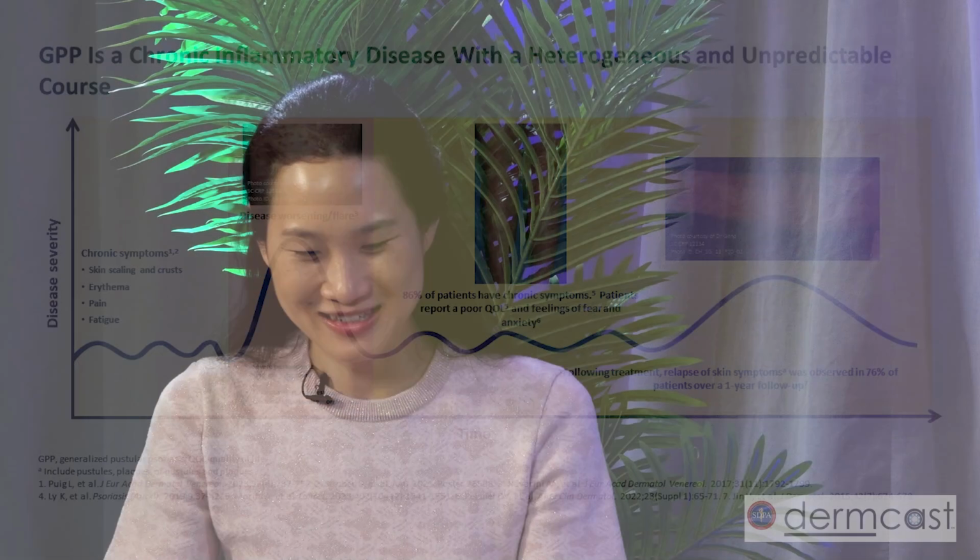Yeah, it certainly is a rare condition, but we do see these patients. And when I think about GPP, I go back to my derm residency, where it's an emergency, right? The patient is in the hospital. So I always thought about it in that sort of acute care setting. But it's so true. These patients leave the hospital. They still have symptoms, they still need management. And so I think shifting my view of GPP from being just in that hospital setting to this is a chronic inflammatory condition that requires management beyond what happens during the flare phase, given the chronic burden of symptoms,